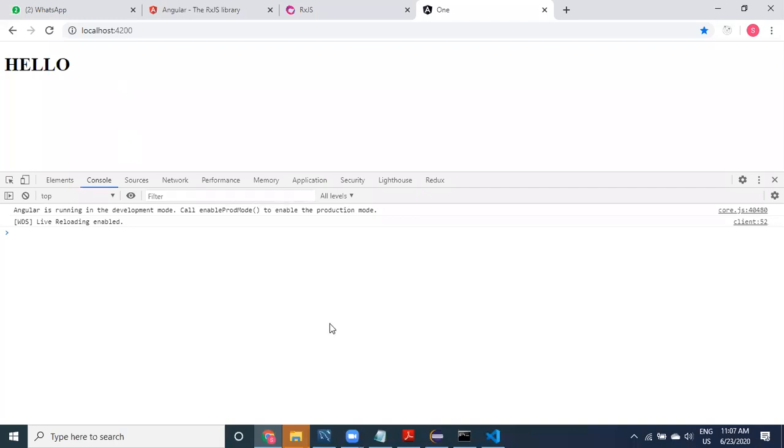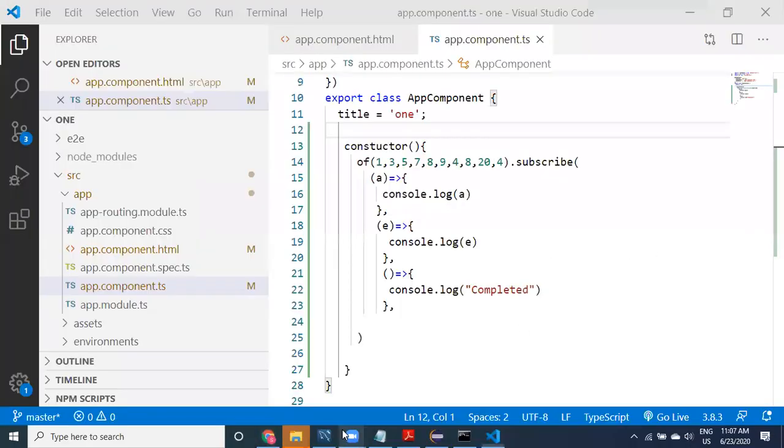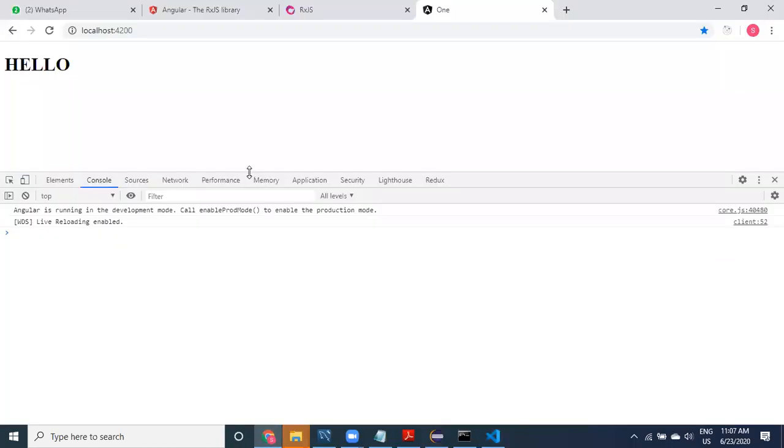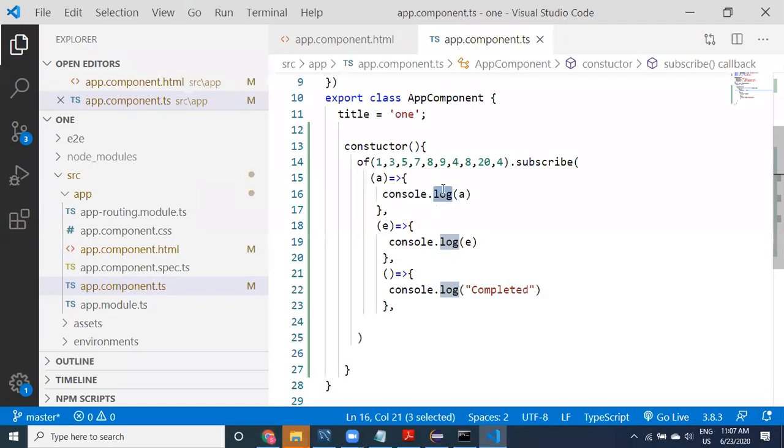Oh, what happened? 1 second. Okay, no. What is going wrong? Okay. Console.log I have used. If I say log, all levels we have provided. Okay, instead of log, provide debug.